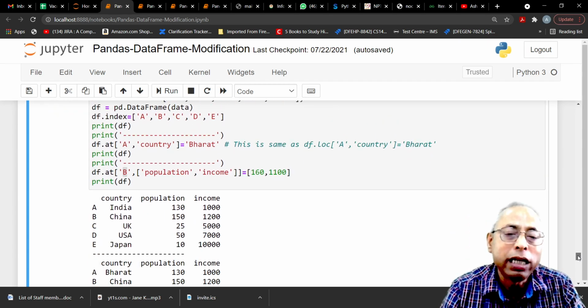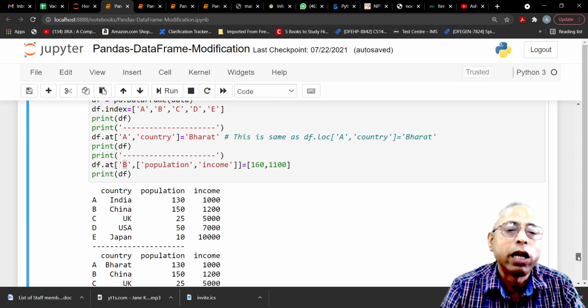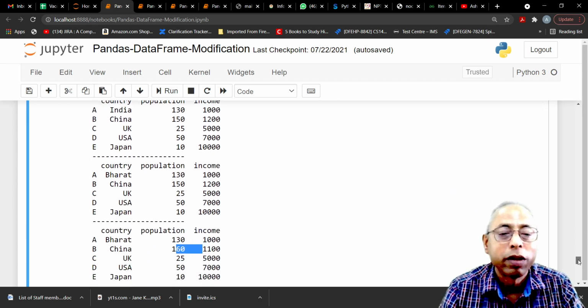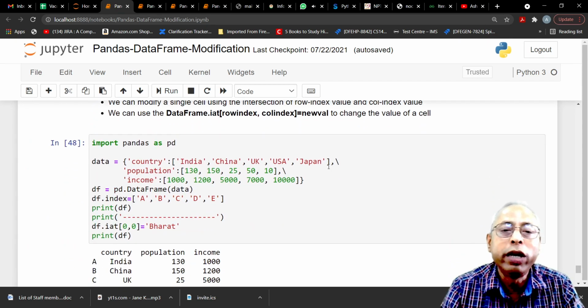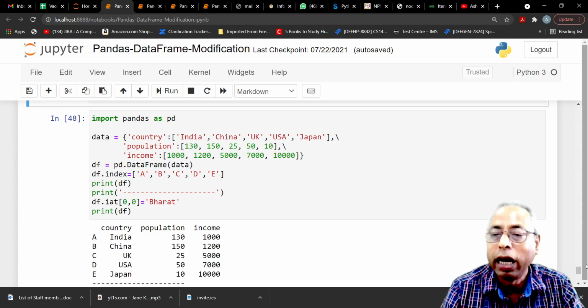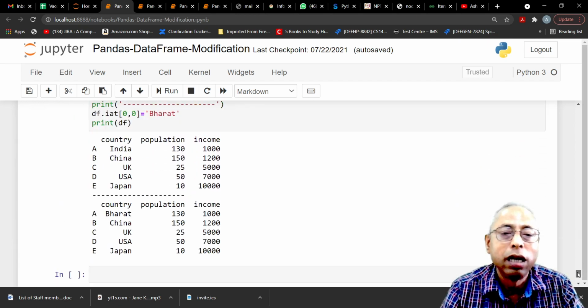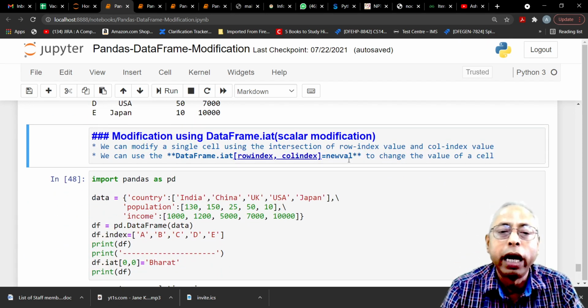Even with IAT, the same thing is possible. But with IAT we can make a change only in a single cell, not even a row. You see here I am using IAT, the scalar modification, with a row index and a column index. It allows only a row index and a column index, and we can make changes in the row and column intersection with a new value.